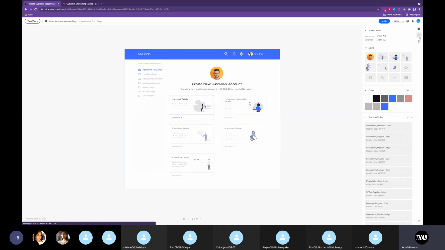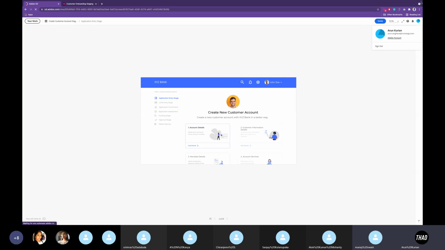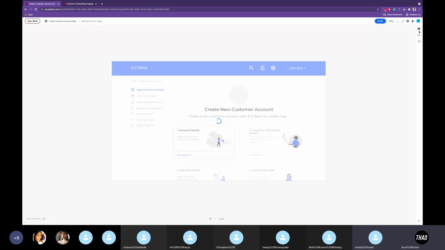So when you click on the link, a page like this will open, and on the right hand side, you can see three options.